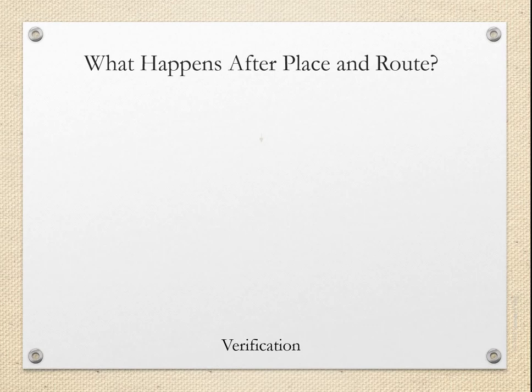So one by one we will see what happens after the place and route. The first step is logic synthesis, which we studied earlier, in which the CAD tool will be provided with different inputs like the netlist, the standard cell and the timing constraints. After that the design will be given to placement and routing. Initially the floor planning will be done, the blocks will be placed, global routes will be prepared, then detailed routing will be done, which is an iterative process.